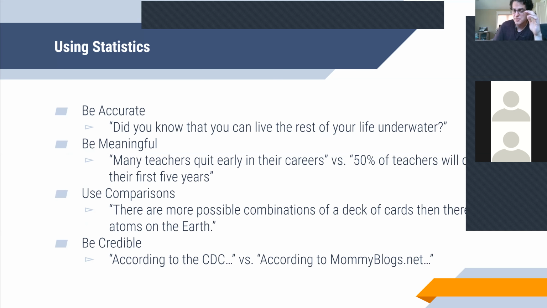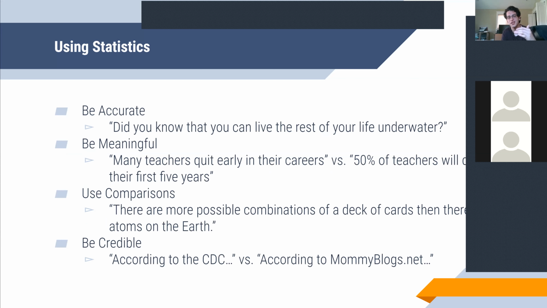Now, I'm just going to rush right into some guidelines for using statistics effectively. You're using examples, but you also want to use statistics in your informative and persuasive speeches. A statistic is just any numerical representation of anything. A statistic is anything that can be represented by a number. This can be a number, a percentage, a probability, odds, whatever.